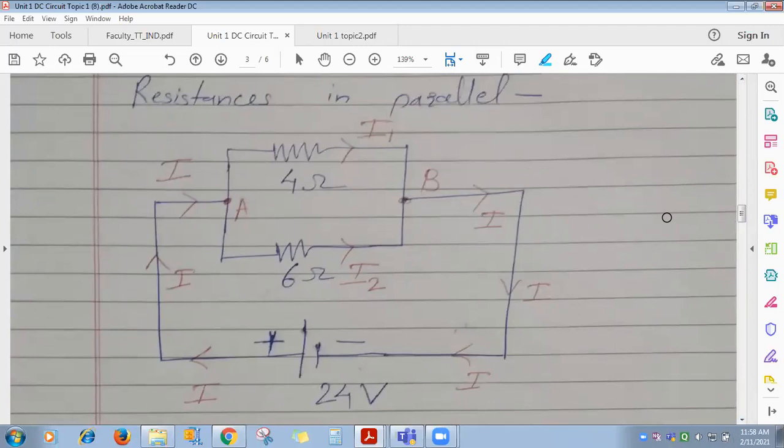What we observe, student, is that whatever circuits are given to you are difficult circuits, not easy circuits. So what we observe, student